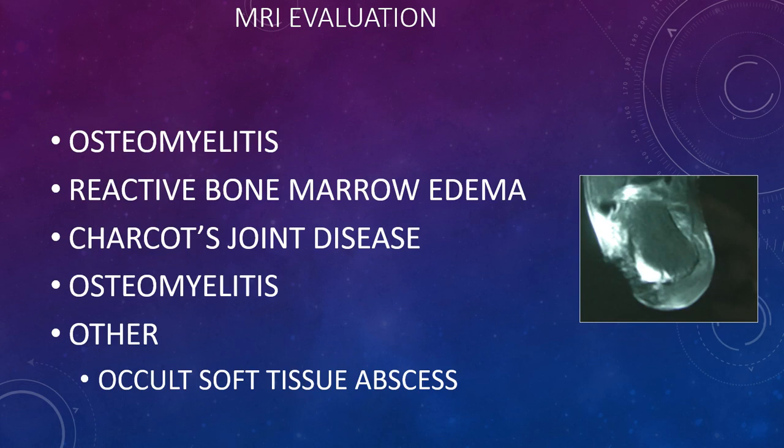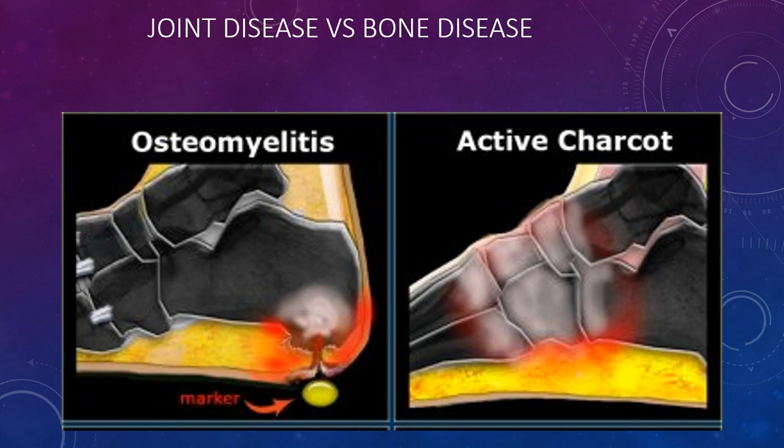MRIs are helpful in the evaluation of these patients for osteomyelitis versus osteitis. It also helps us to discriminate Charcot stage 2 from 3 disease. Sometimes we find that the disease is fairly focal and limited to one area of the bone itself. MRIs are helpful for looking for soft tissue defects and sinus tracts. We want to remember that osteomyelitis is a disease of a bone, whereas Charcot's joint disease is just that. It is a joint disorder, and it is not rare,